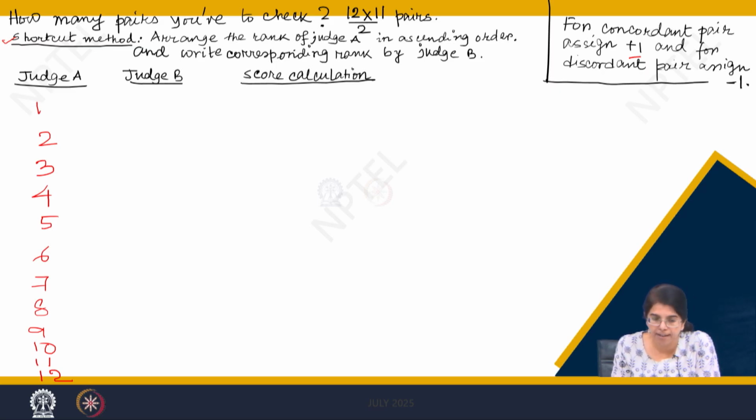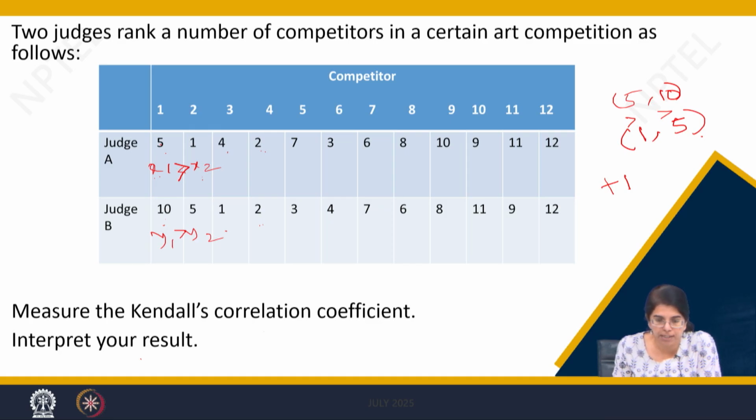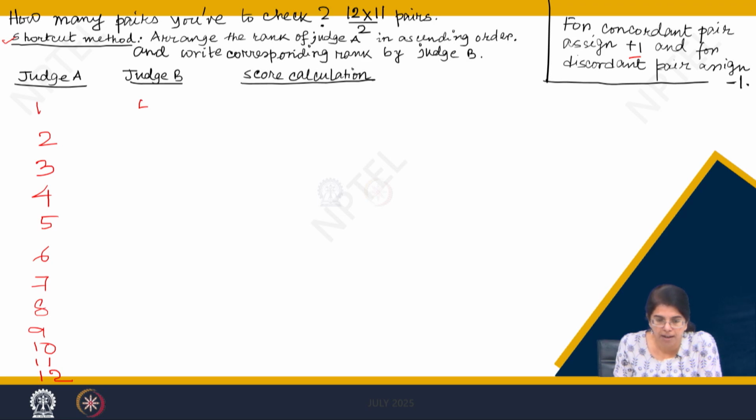And Judge B, corresponding 1, what was the rank given by Judge B? Let us have a quick recapitulation. Corresponding 1, Judge B has given 5. So write it out. 5,